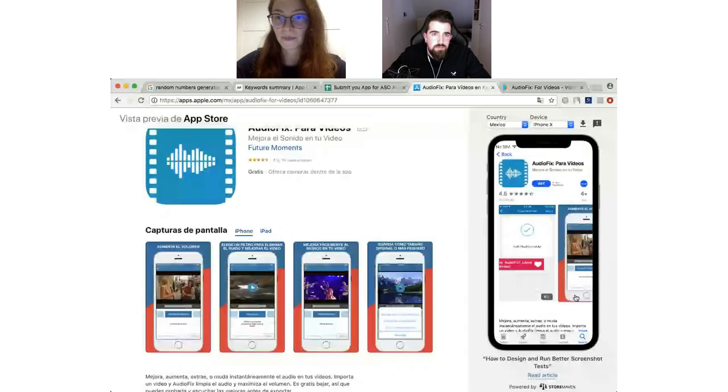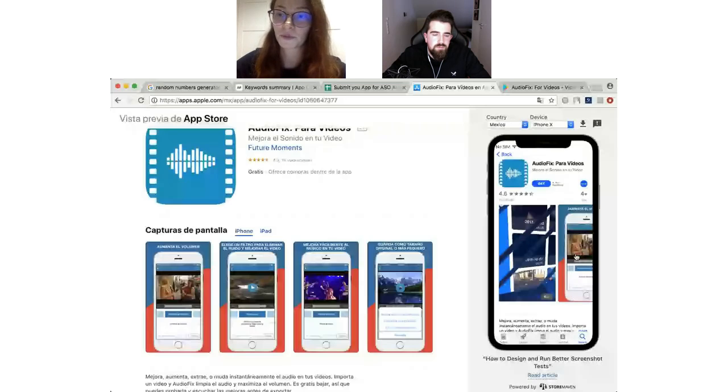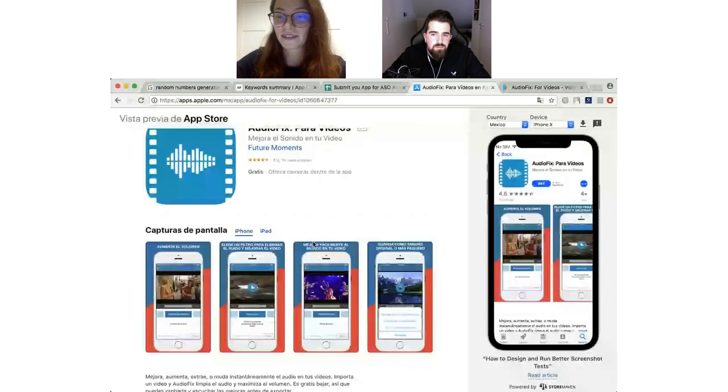Also, just a couple of words about the screenshots. As we can see here, this is the mock-up of the App Store product page. Despite the video we have here, this is the part of the screenshot we can see, and the slogan is not really readable from the search.